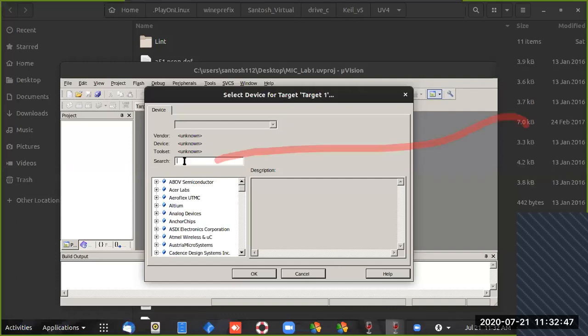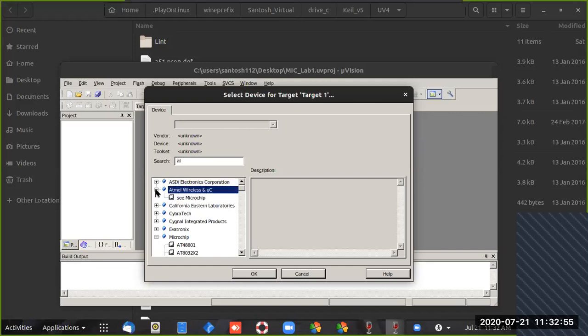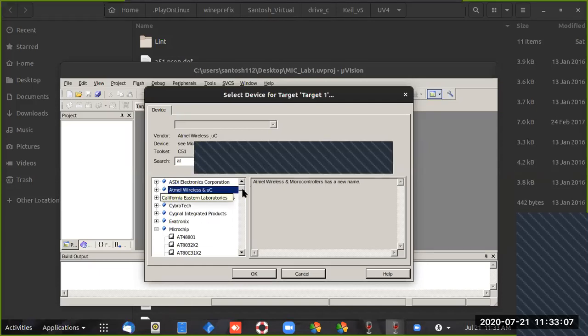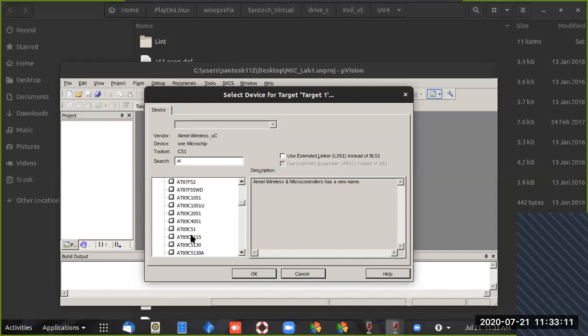So here just type AT, Atmel Wireless LLC. In that I want 89C51RD2. Just search that.